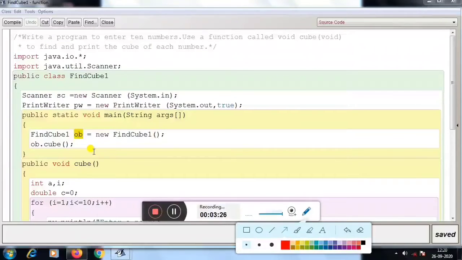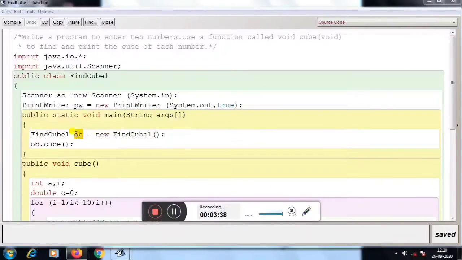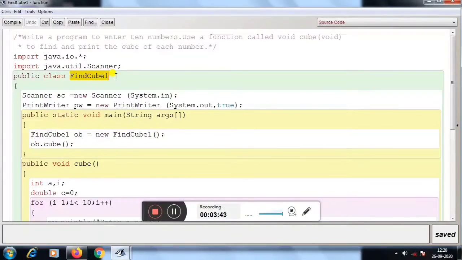That object will be created from the class. Here we have declared the class name findcube1. That is why we have created the object ob with findcube1, with the help of this class name. Understood?